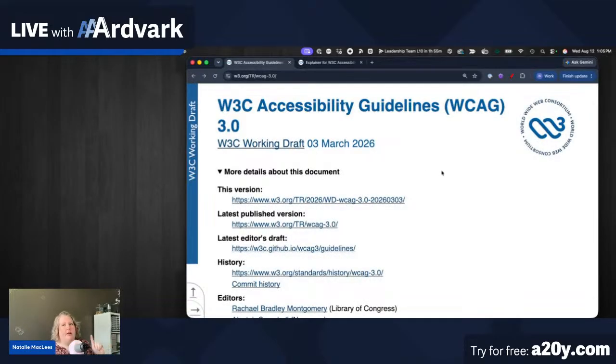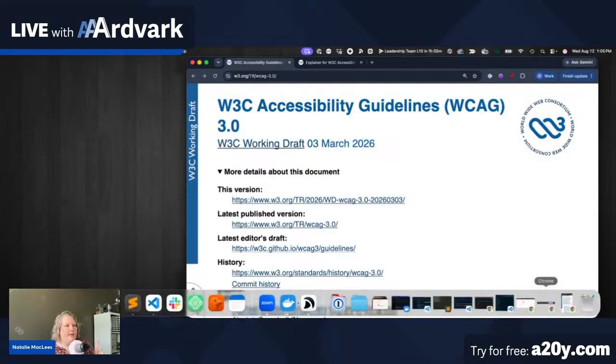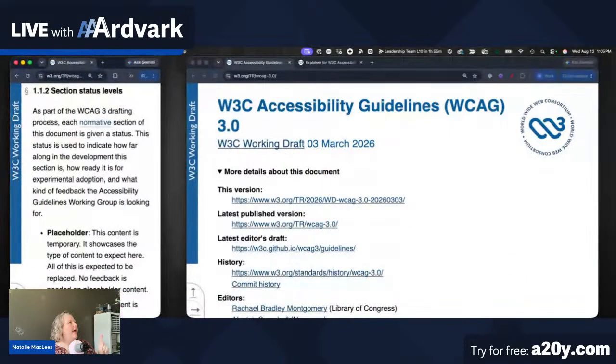And I'm going to actually get started by bringing up a separate window for the first thing I want to talk about. So this narrow window that I just opened on the left is another view of the exact same document that's in the bigger screen on the right. On the left, we just have section 1.1.2. And the reason that I have that open is because this has really important information about the status of this document that I'm not going to memorize, and I don't expect you to memorize. So I thought it might be helpful to have this up for reference as we look at different parts of